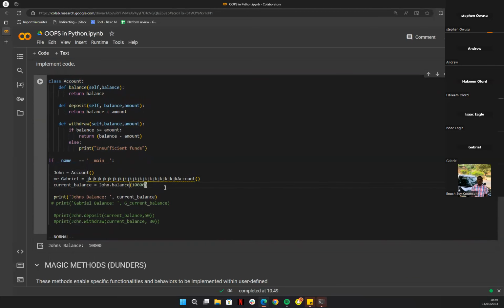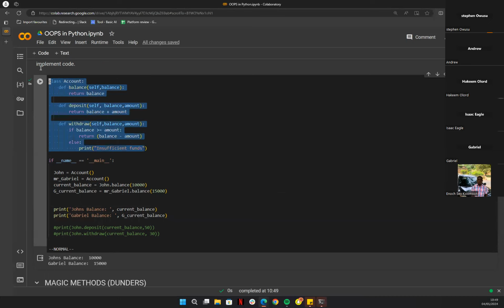So let's say G accounts. Yeah, let me just show Mr. Gabriel's current balance over here. And let's do it, Mr. Gabriel. And let's say he is depositing 1,500, right? So if I print Mr. Gabriel's balance, it gives 6,500. So although it's the same class we are both inheriting, the same class we are both using, it is creating